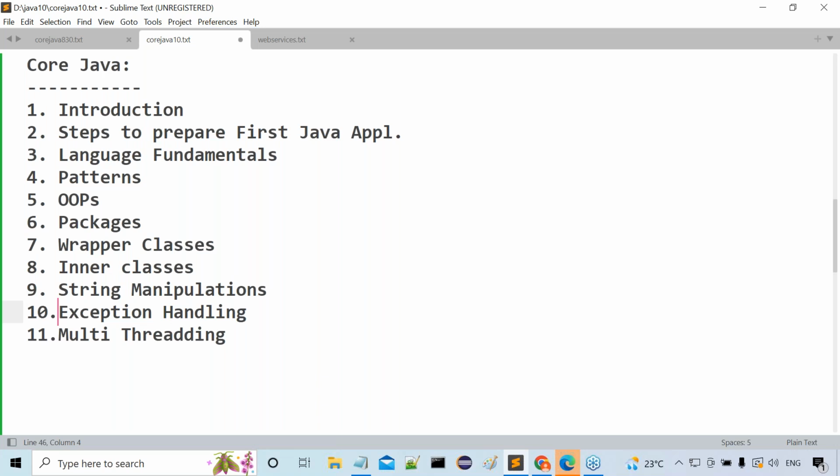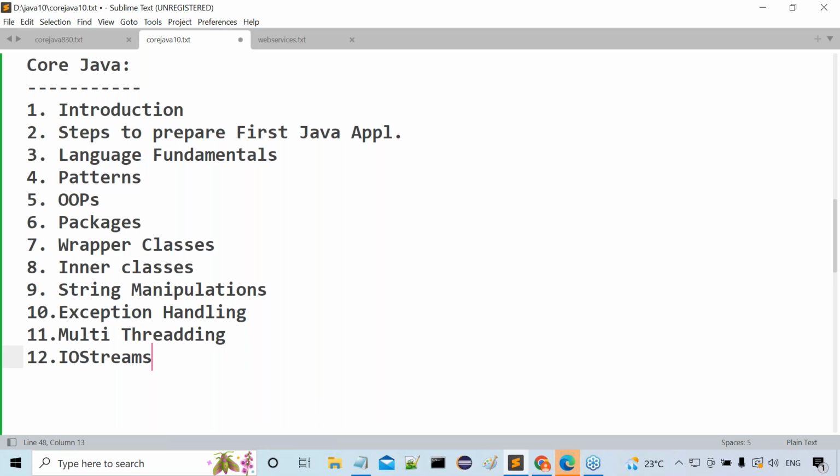Understand my point clearly? Next, after that, the next topic would be IO streams, input and output operations: how to display data on command prompt, how to read data from command prompt, how to send data to a particular file, how to read data from a particular file, how to transfer data from one file to another file, how to transfer an image from one file to another file. Yes, sir, got my point or not?